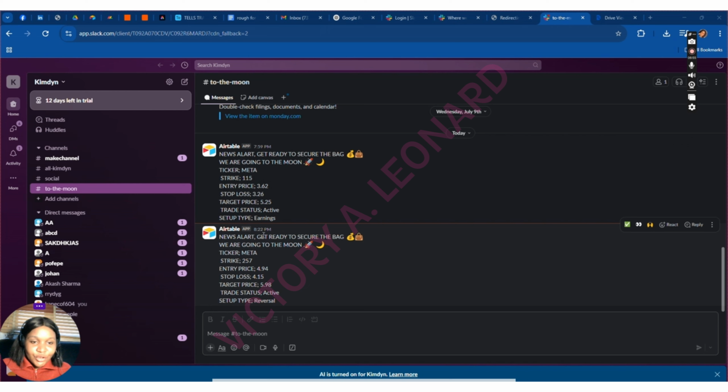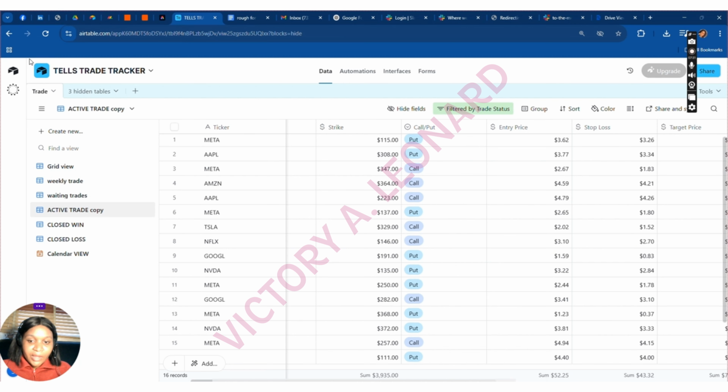So whenever he just updates it in Airtable by clicking the status, it goes to the active view or the closed won view or the closed lost view or whatever view it is, and automatically populates in Slack. The people in the channel get to see that, okay, this trade is active, and they go and enter the trade and so on. So this was just a simple and easy automation I did for this client, saving him tons